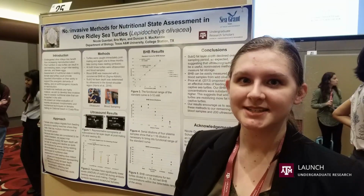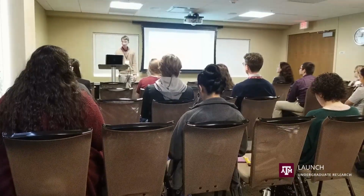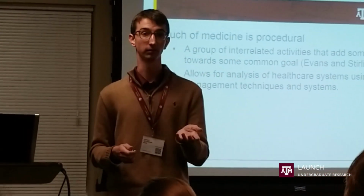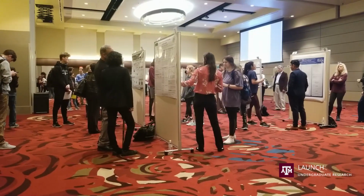support their reproductive season. Texas A&M is a land, sea, and space grant institution, so the fact that students have the ability to do undergraduate research is valuable to their personal, professional, and academic careers. We know that that's one of the longest standing high impact practices, and we know that that helps students with retention. We know that it helps them with mentorship, getting them to degree completion, but beyond that, it's experiential learning